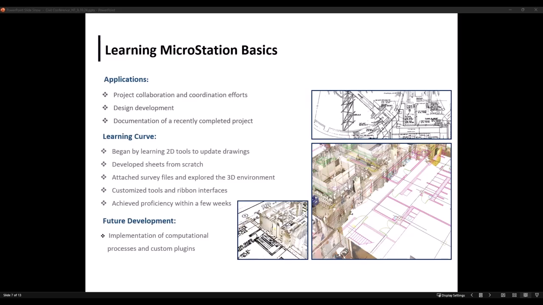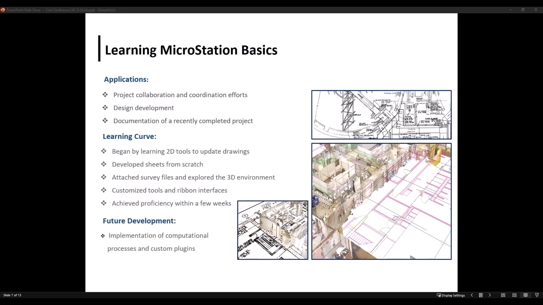Then I gradually progressed to creating sheets from scratch, following the agency's standards, attaching survey files, and customizing tools for myself. And I would say within a few weeks, I felt more comfortable with the tools. And I continued to learn new features as the projects